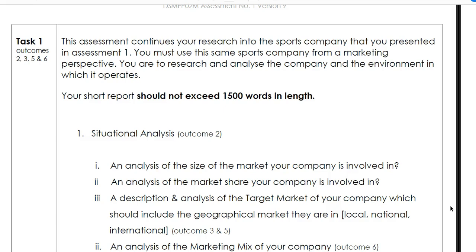How old were their customers? Were they male? Were they female? Or were they both? What was their income? What type of salary range, perhaps, did our target market have? How much disposable income might they have? What were their tastes? Their likes, their dislikes, values, morals, beliefs and behaviours all make up a description or analysis